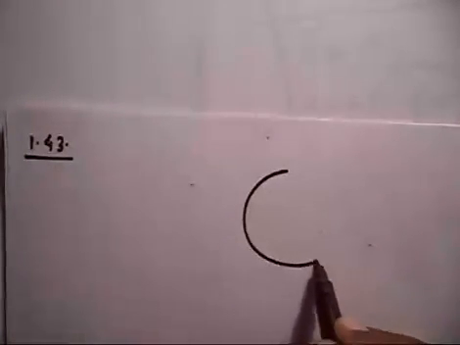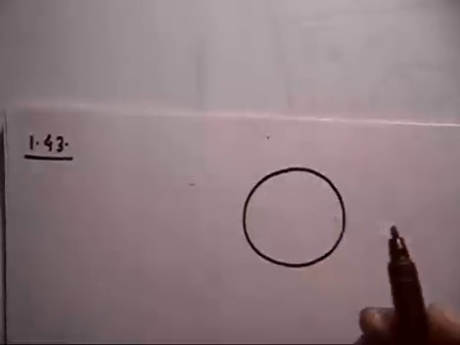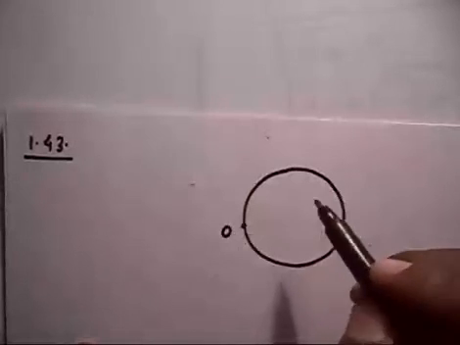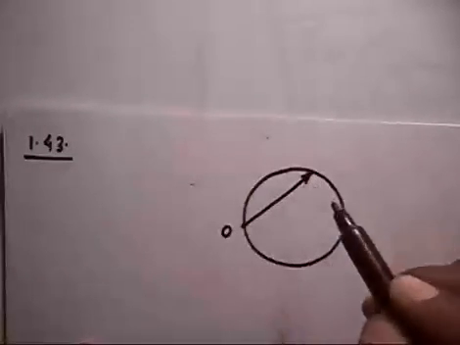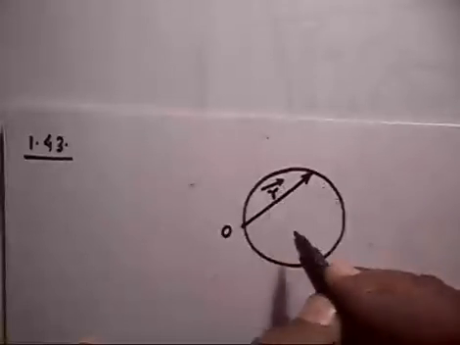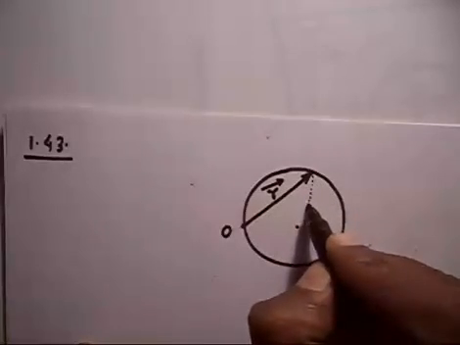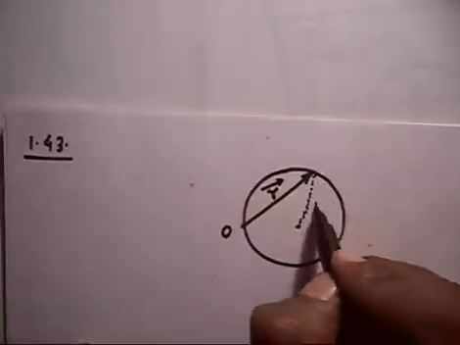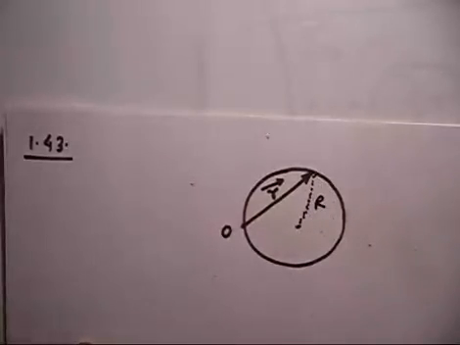Let me first make the diagram and then we will discuss the problem. We have something like a circle, and then there is a point O. This point is O, and there is a radius vector. This vector is R, a radius vector, and this distance from the center is basically the radius. This distance is R. This point is called A.